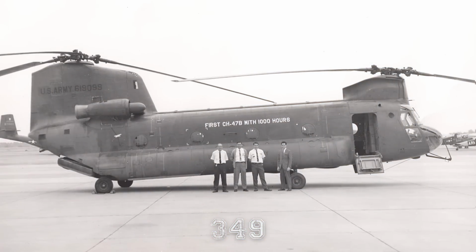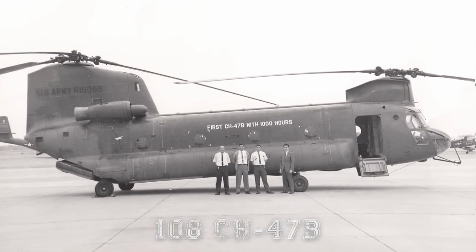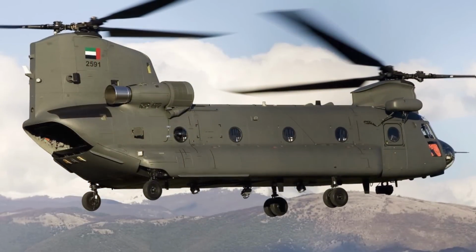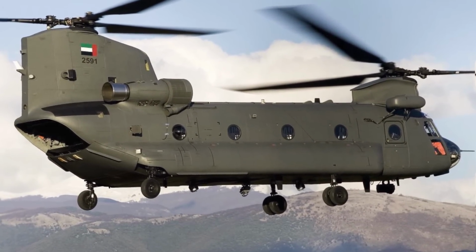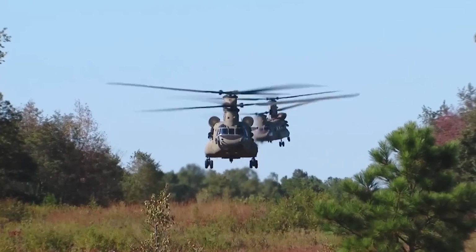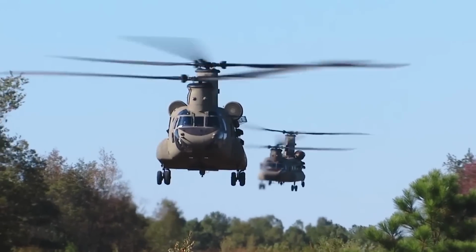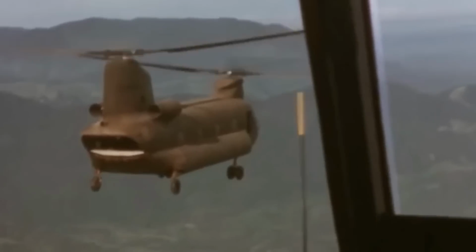Vertol built 349 of these before delivering 108 CH-47Bs with more powerful engines. This was then followed by 233 CH-47Cs with three 2,798 kilowatt engines, increased fuel with improved fiberglass blades and blade inspection systems. The first CH-47A entered service for the US Army in 1962, and the type was widely used in